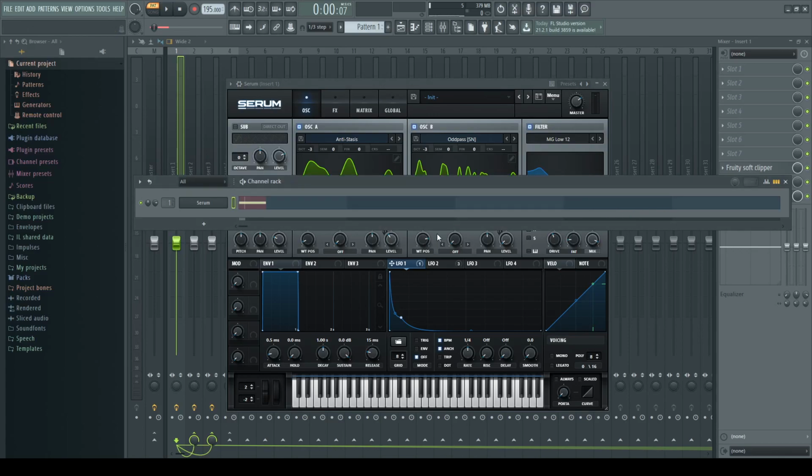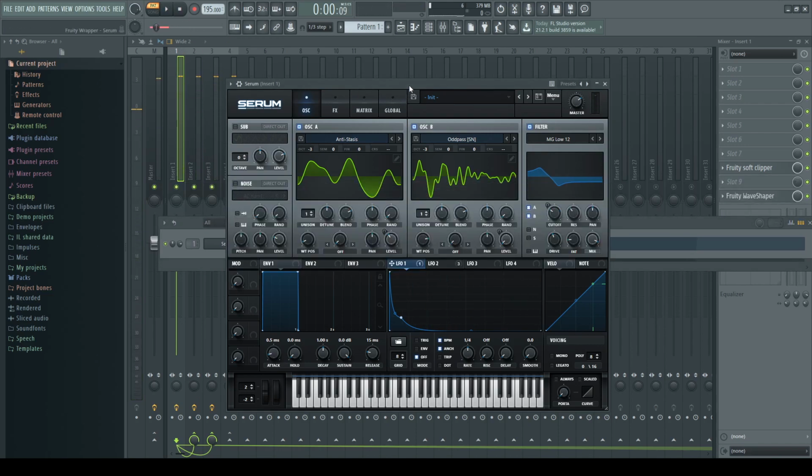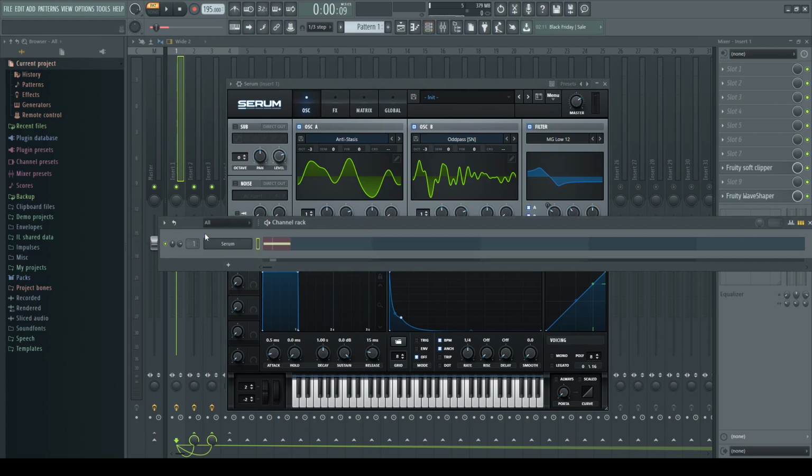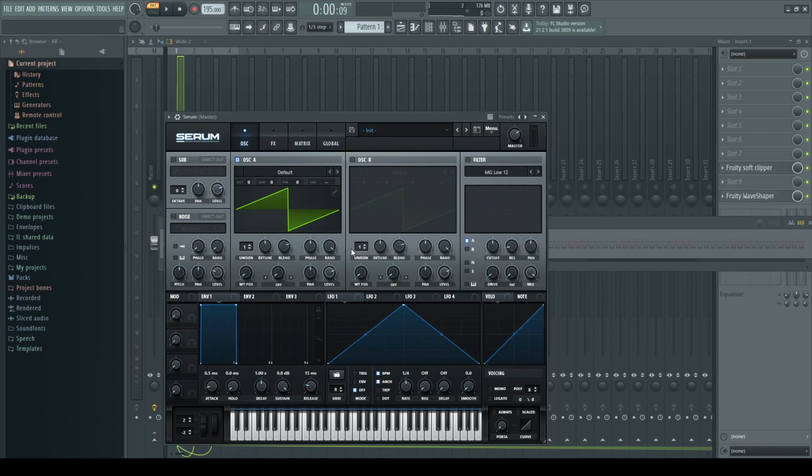Today we're doing the kick. Maybe that's not the best kick I've made, but I've done it in like 10 minutes. So we will delete this and make another instance of Serum,